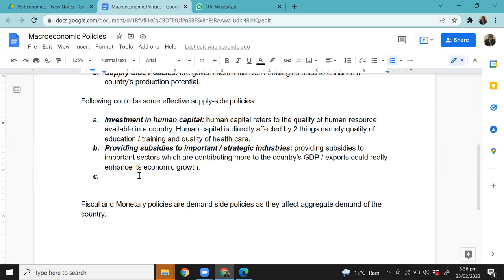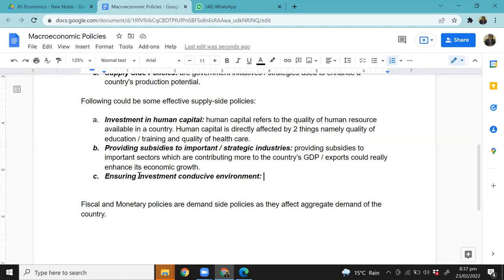Right? So let's put it down like this: encouraging investment. Or another wording, ensuring conducive environment. Now, what it basically means is that the economy should make more business friendly policies, more investment friendly policies, so that it boosts investment in that